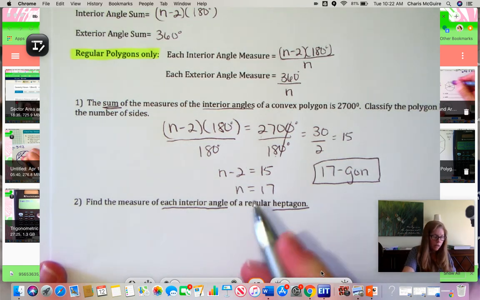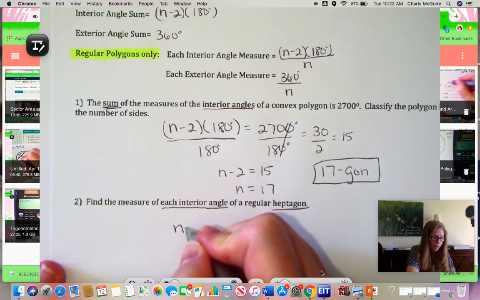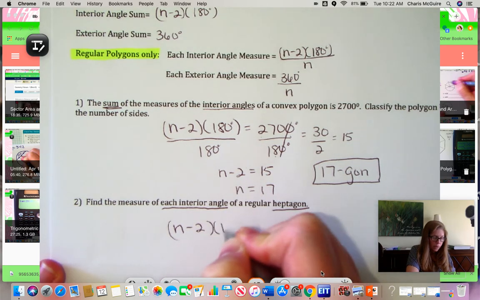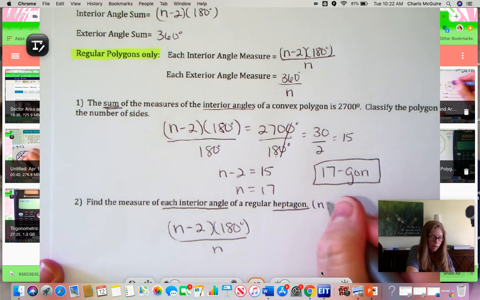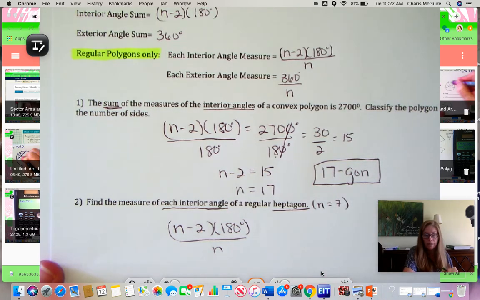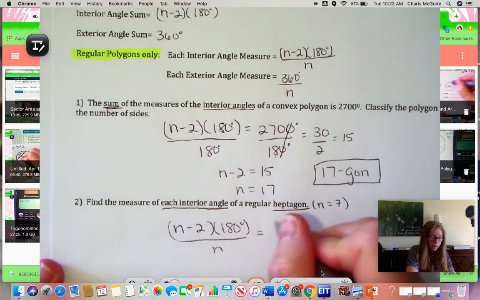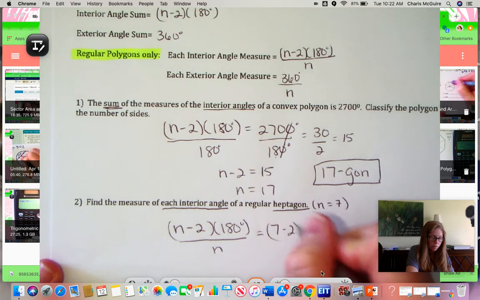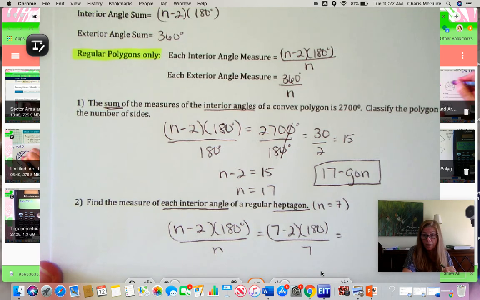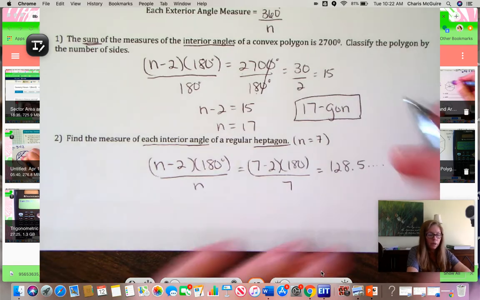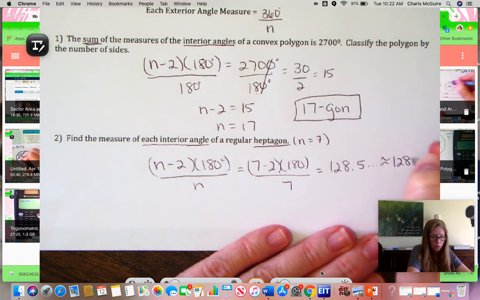Each interior angle: we're going to do n minus 2 times 180 divided by n. And a heptagon is n equals 7, right? It's a 7-sided figure. So we're going to plug this in: 7 minus 2 times 180 degrees divided by 7. You can grab your calculator and do that, and you're going to come out to like 128.5. I don't remember, but it does round up to 128.6